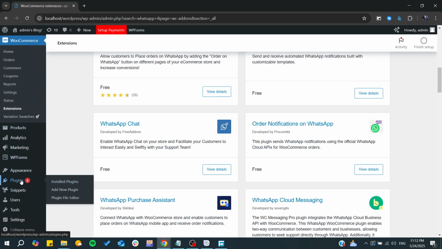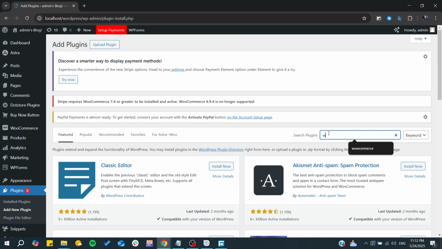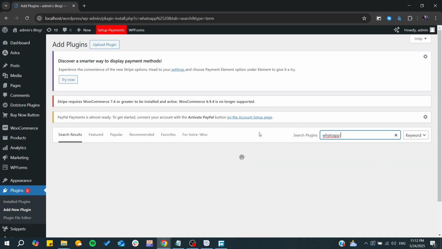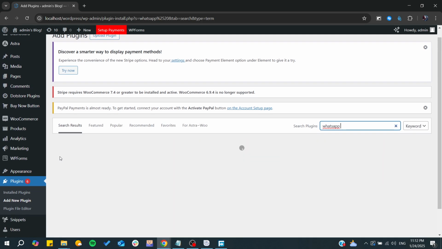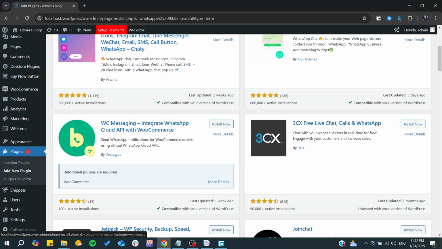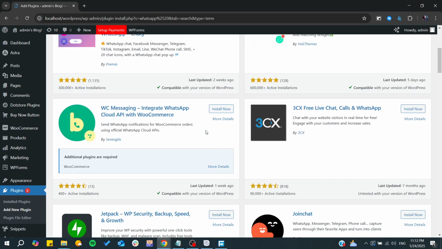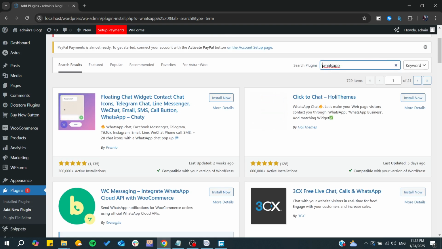So I'm just going to plugins and add a new one. I'm going to type WhatsApp, and then search for WhatsApp notification for my WordPress store. Simply, you can find this one, Click to Chat, WC messaging with WooCommerce. As you can see, you can use this one, or you can add WooCommerce,